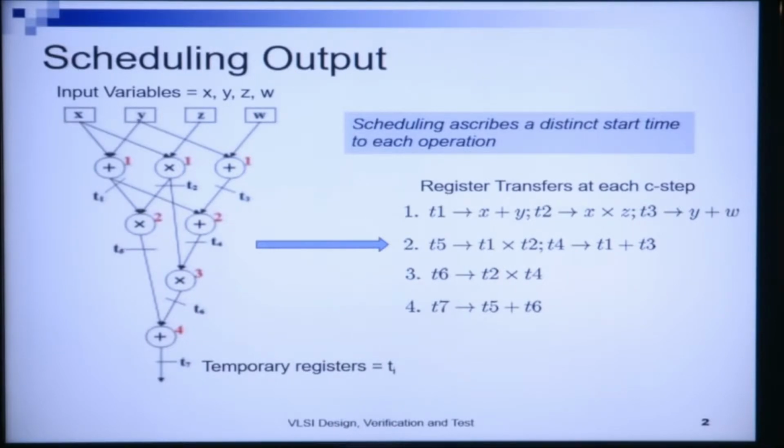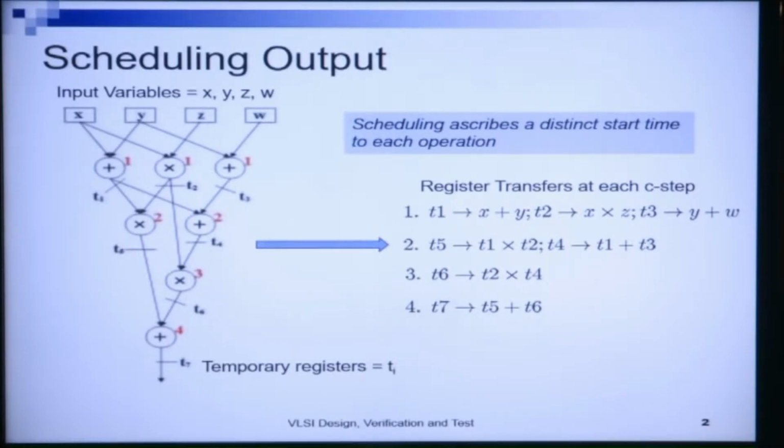So we have a scheduled operation constraints graph. Here we have an arbitrary operation constraints graph. In this graph, we can see that the operations plus, multiplication and adder here, are performed in time step 1. In time step 2, we perform this multiplication and this addition. In time step 3, we perform this multiplication, and in time step 4, we perform this addition. All these are unit time operations.